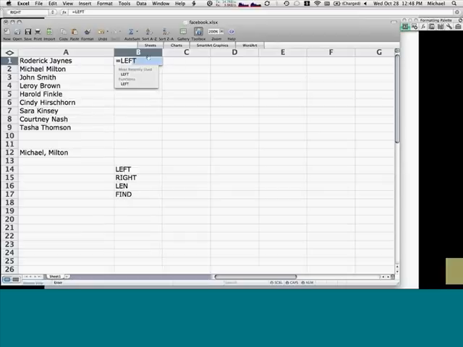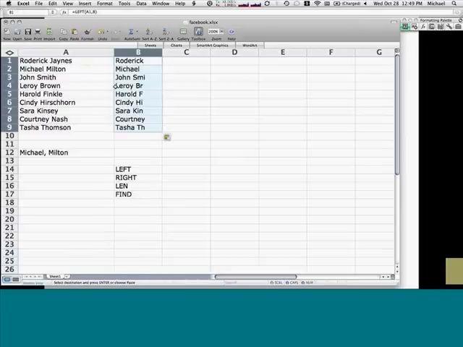Now the left formula, I can point to a cell and then enter the number of characters. I could say 8 here, and it will grab the first 8 characters, which is what I want it to do. But unfortunately, that formula won't work for all of the other cells because not everybody has an 8-character name.